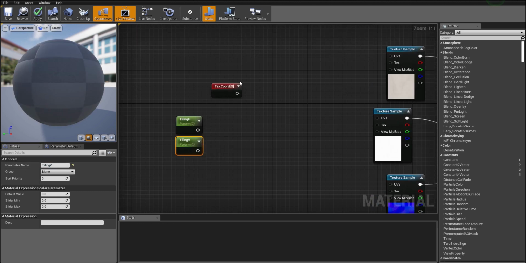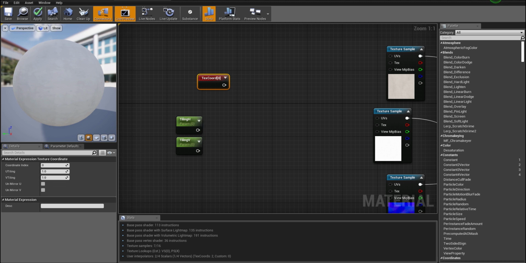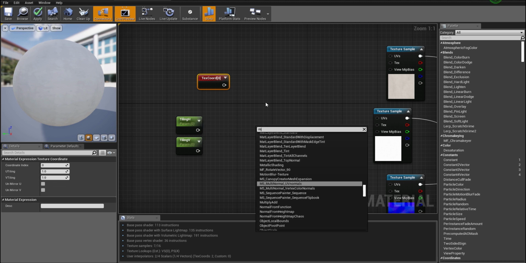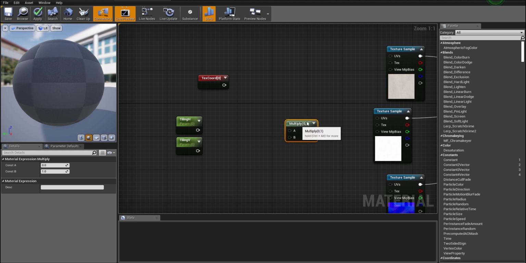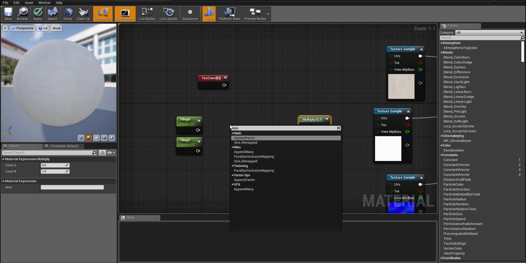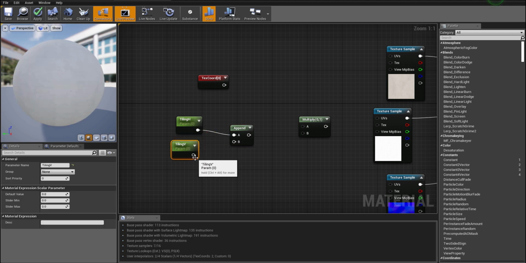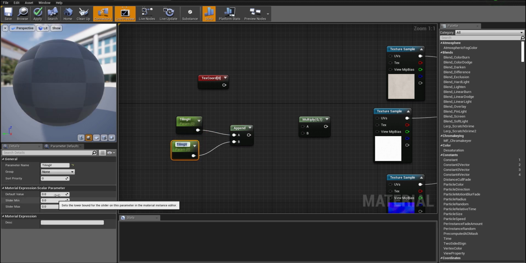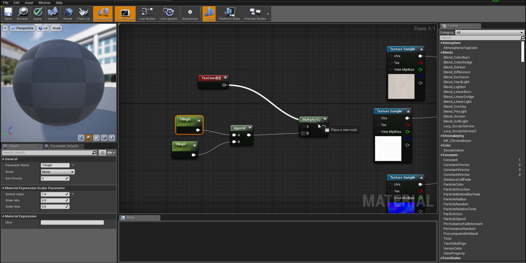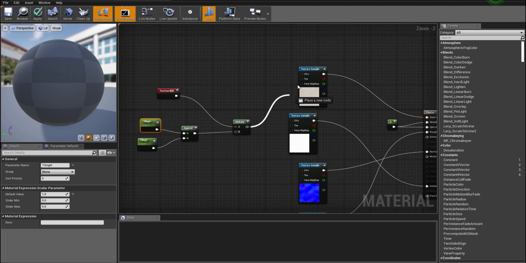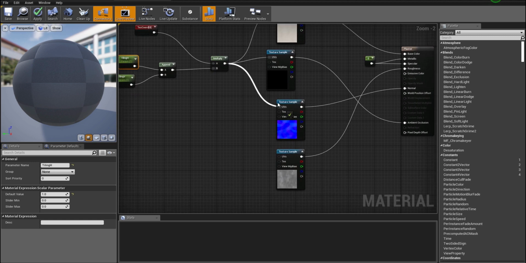And now with these, we need a multiply and something called an append vector over here. We just want to have the H and V tiling in here. By the way, set these default values to 1, don't forget that. Drag that into the multiply into B and our texture coordinate into A, to tell it that it's a texture coordinate. Then plug this into the UVs, and this will give us a scalar parameter control to tile